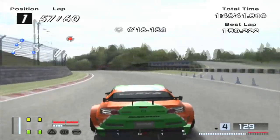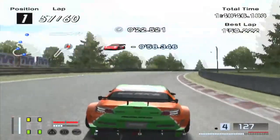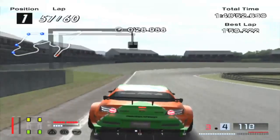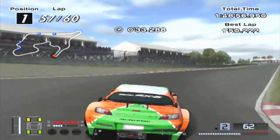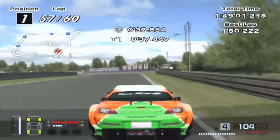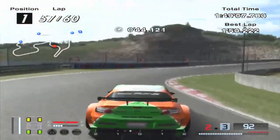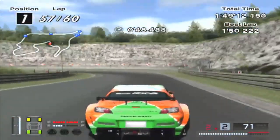Like doing 10 laps or 20 laps around 10 different tracks at only 20,000 credits per race. I'm just like, oh, kill me now. It wasn't that bad though when I actually played through it. I enjoyed it more than I thought I was, but